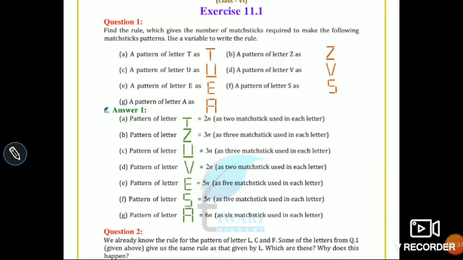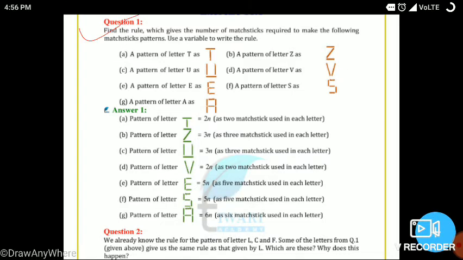First exercise of this chapter, exercise 11.1. See, question number 1 is what? Find the rules which give the number of matchsticks required to make the following matchstick patterns. Use a variable to write the rules. So here you have to write rules which give the number of matchsticks required to make the following matchstick